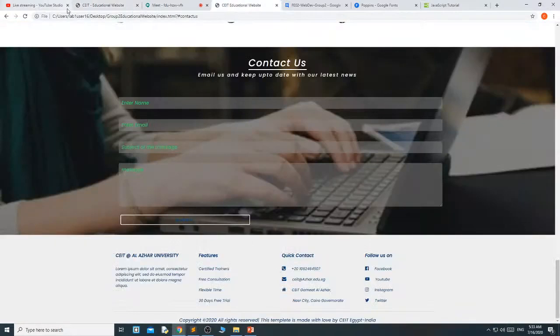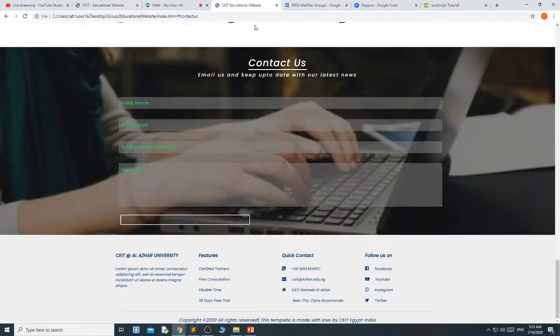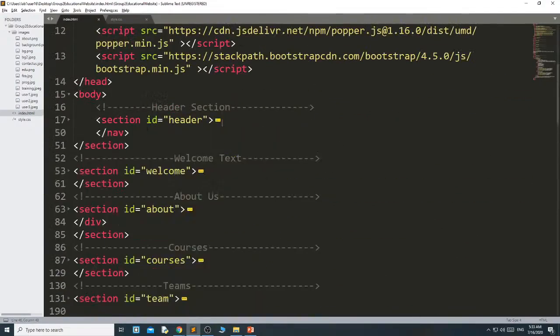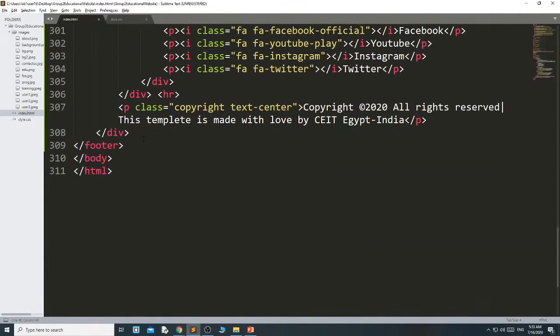First we need that icon, this particular icon. Then go to the HTML page. Now this is not required. Okay, go to this. Before the footer, after this div, create another div with class.